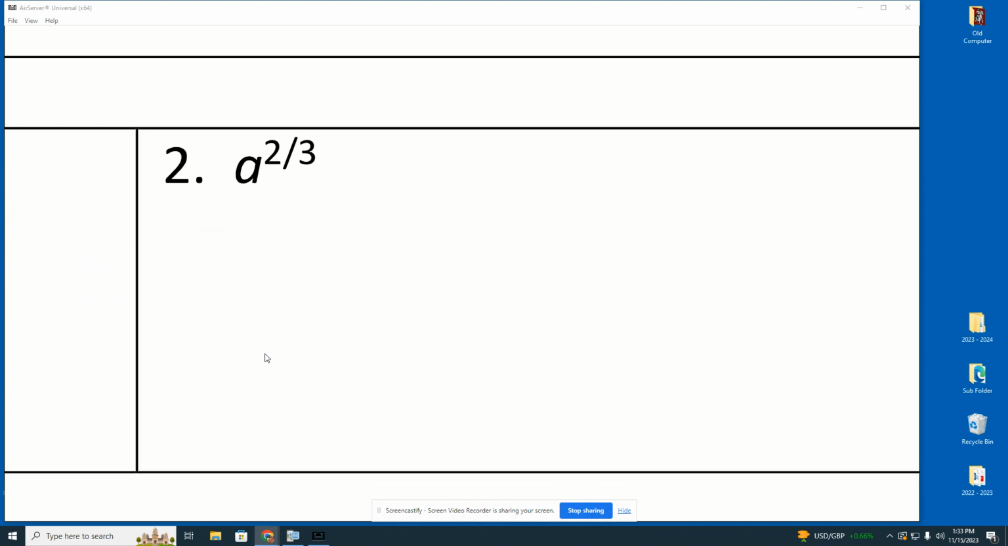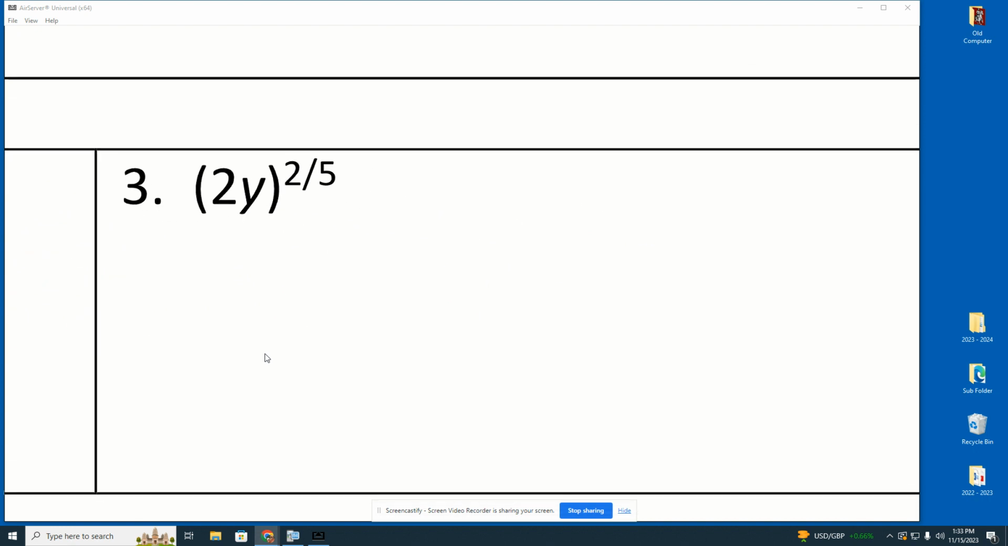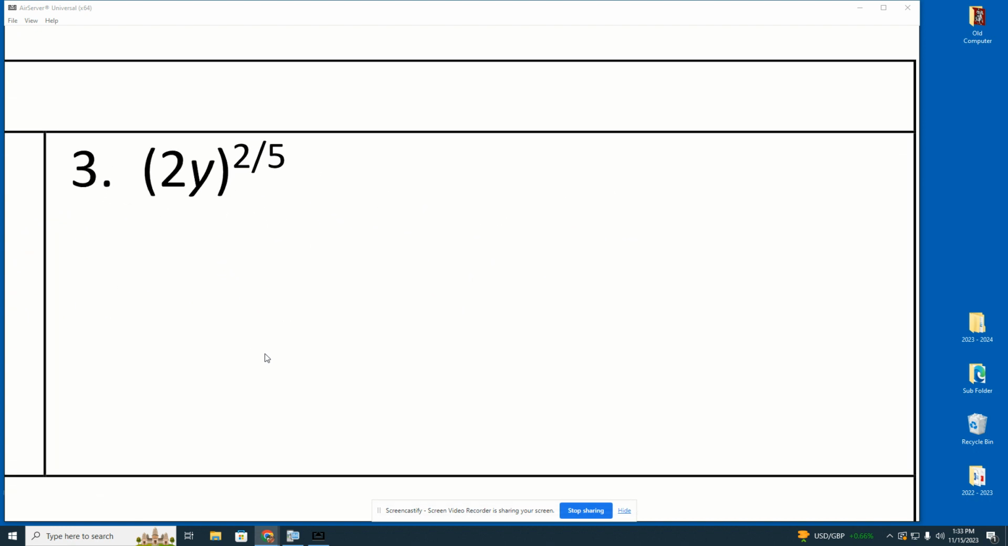Okay, this one, again, what's the denominator? 3. So it's cube root of, and then, of course, a squared. Very simple stuff. This one, you've got the fifth root of, and then, again, this whole thing is in parentheses, so it all needs to be raised to the second